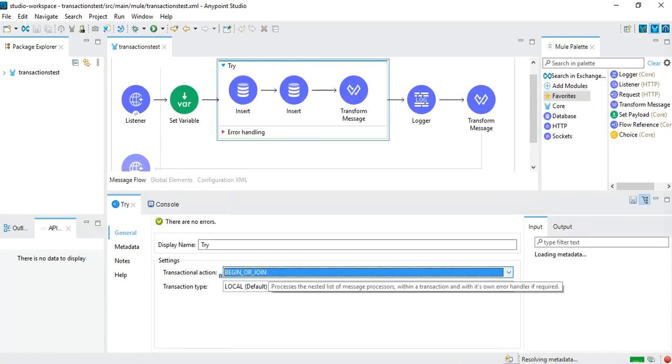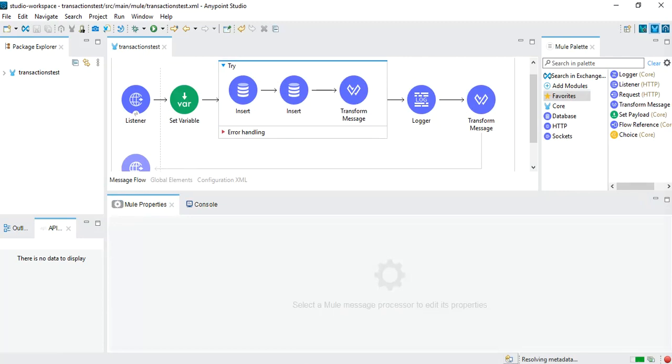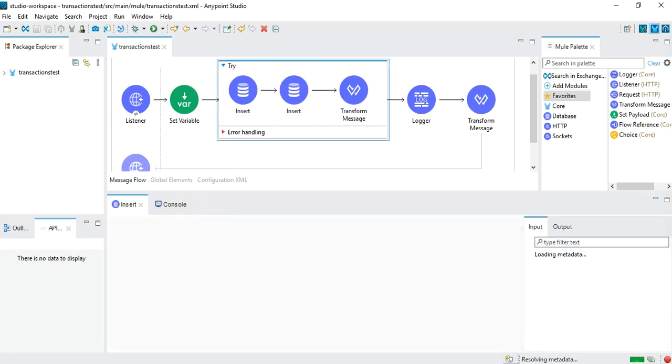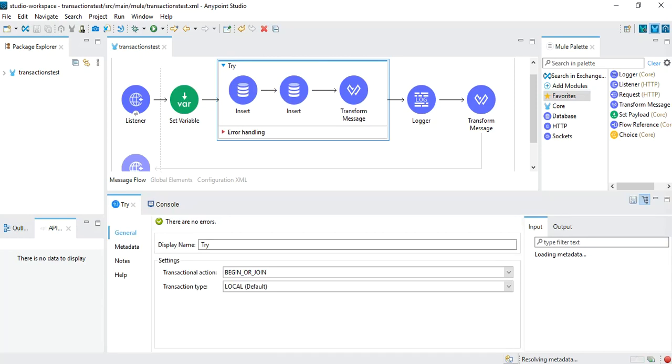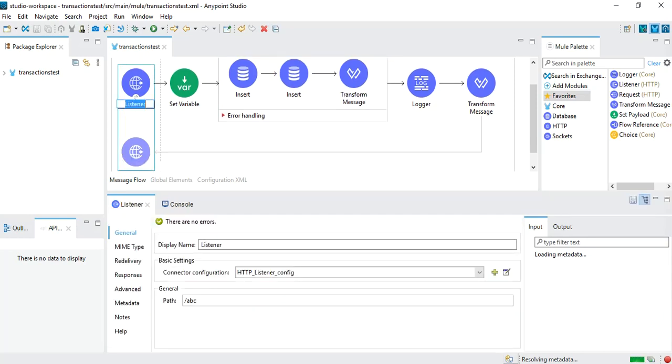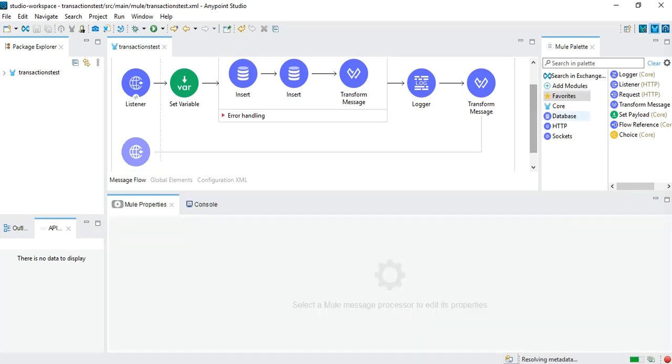So in this way, we can play around with different actions and different transaction operations that are available, and we can observe how it behaves for different types of operations as well as for the try scope or supported listeners. In this case, we use the HTTP listener. This is not a supported listener, but if you choose some other type of listener, for example, one from the database,